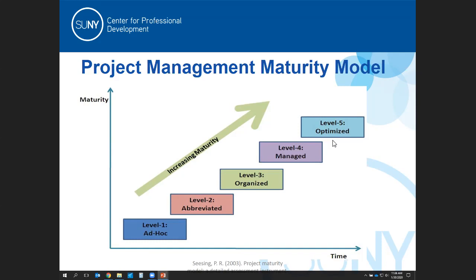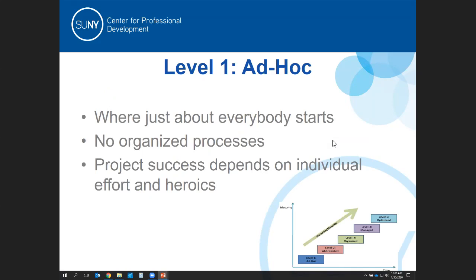Today we're going to take a deeper dive on the same topic that we talked about last year. So first, let's look at this scale. Everybody starts here at level 1, and you can see the scale along the bottom is time and along the side is maturity. So once we dive in here, the level 1 is called Adhoc, and that's where just about